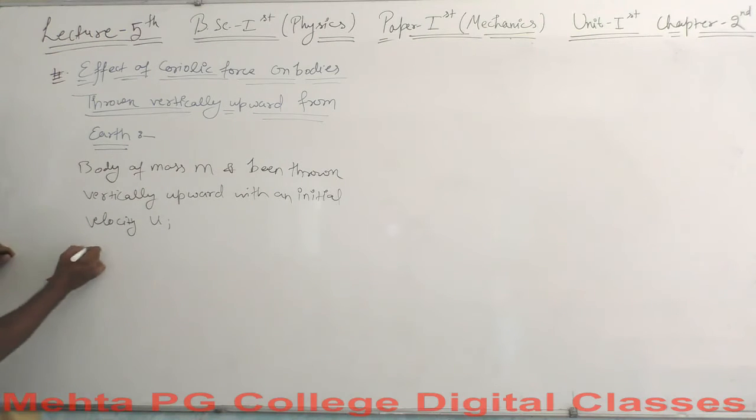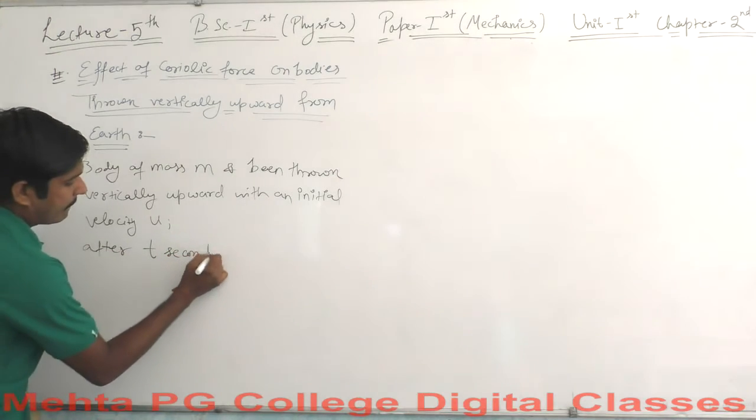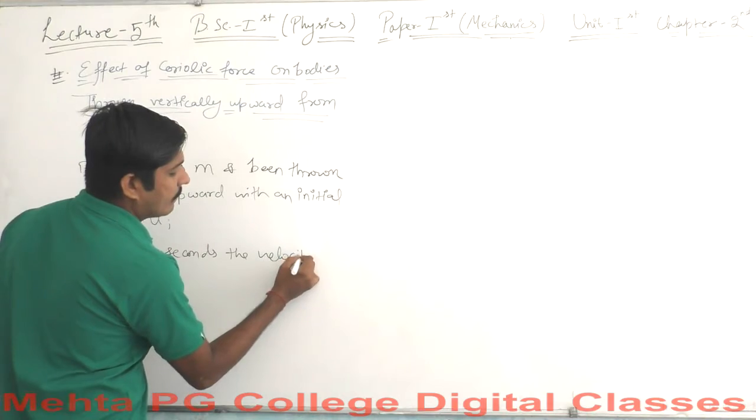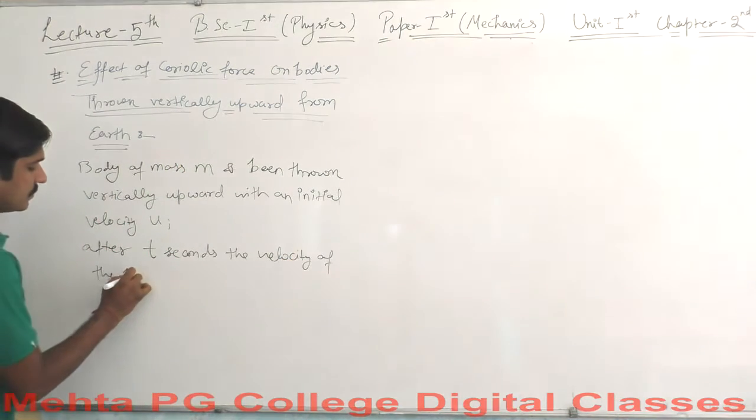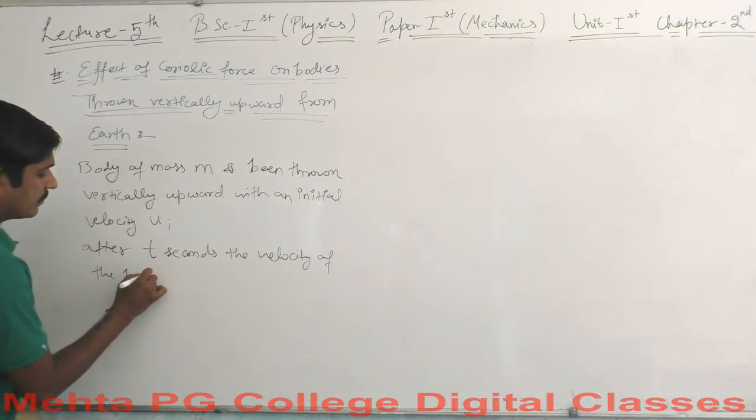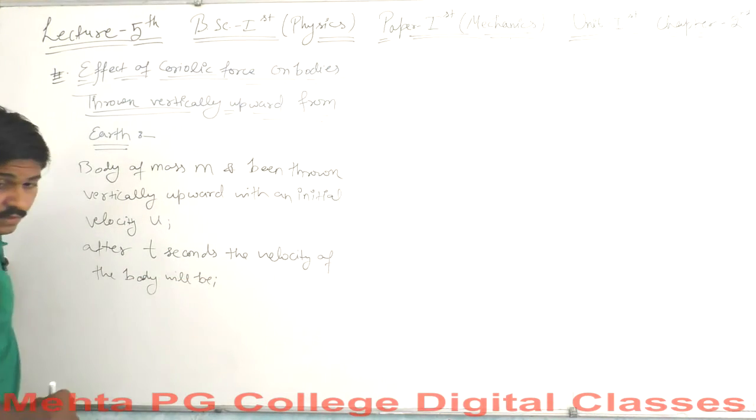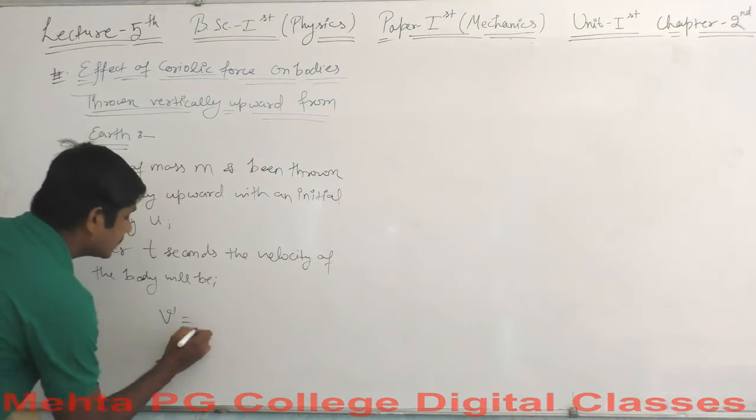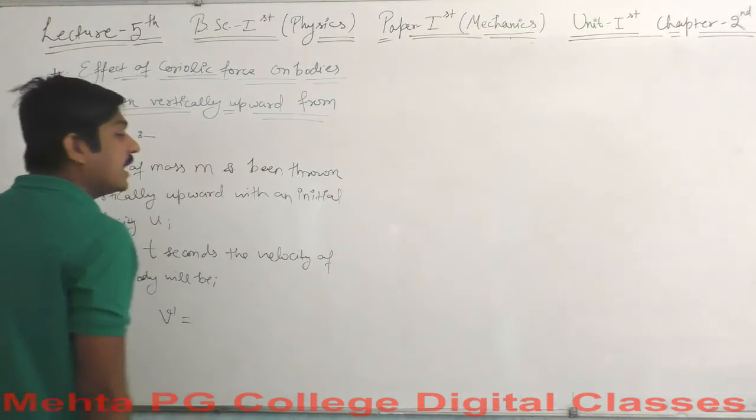Now, after t seconds, the velocity of the body will be, after t time, let's say this is v dash here. So, the v dash will be equal to, the direction is again the k cap, and when you